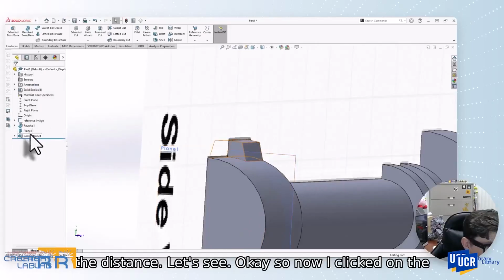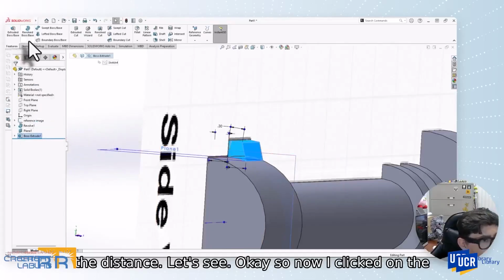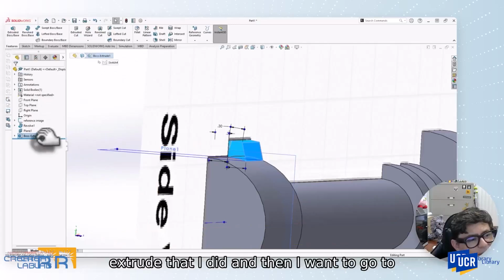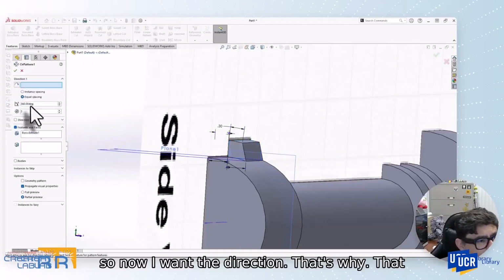Let's see. So let's extrude. Okay, so now I clicked on the extrude that I did, and then I want to go to circular pattern. So now I want